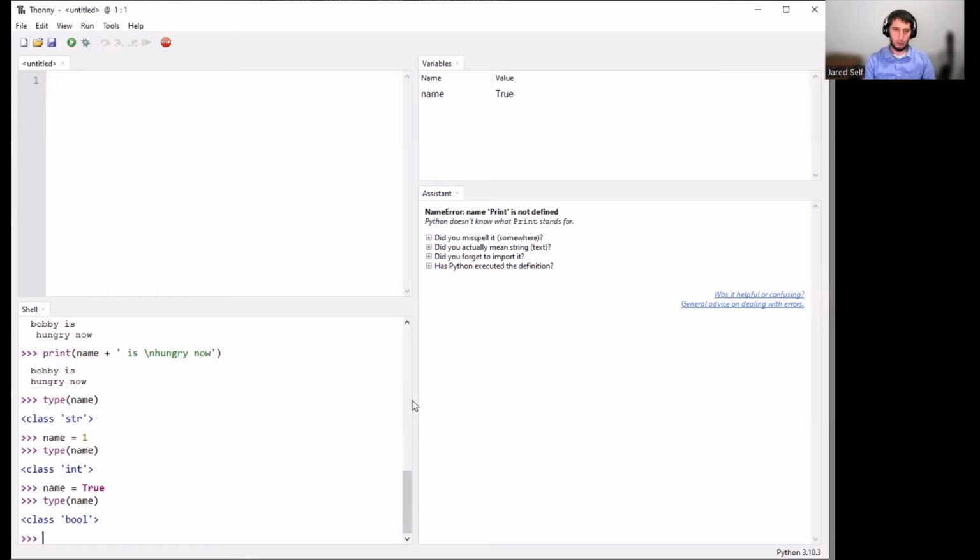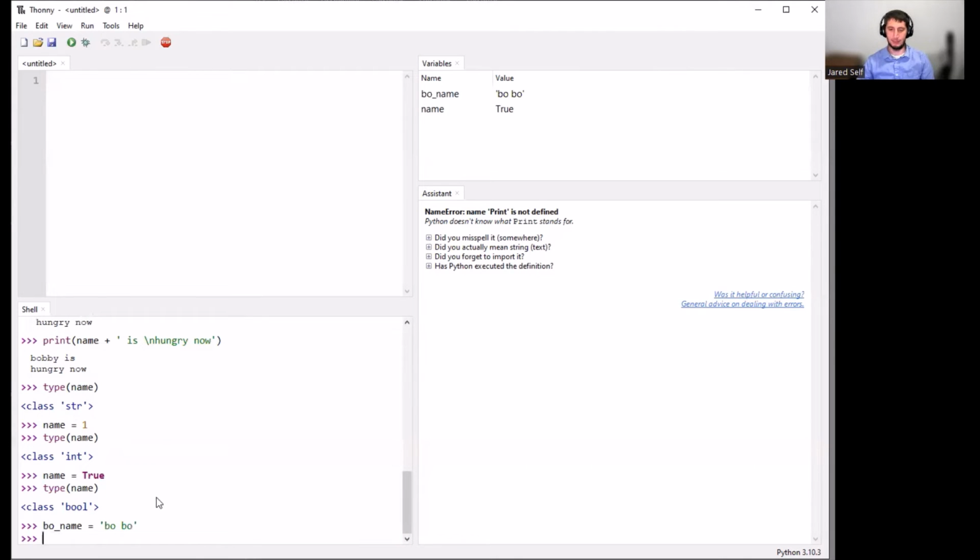Now to assign a variable, we've already seen it. You have the name of the variable on the left-hand side. And in most cases with Python, you have, let's say, Bo's or Bo name. Most of the time when you're calling a variable, it's all lowercase, and you have an underscore in between the different words. There are times when you use capitals, but usually it's when you're doing a class. So this is usually best practice to call variables inside of Python. Equals, and we're going to say Bo. And then if I want to print Bo name,